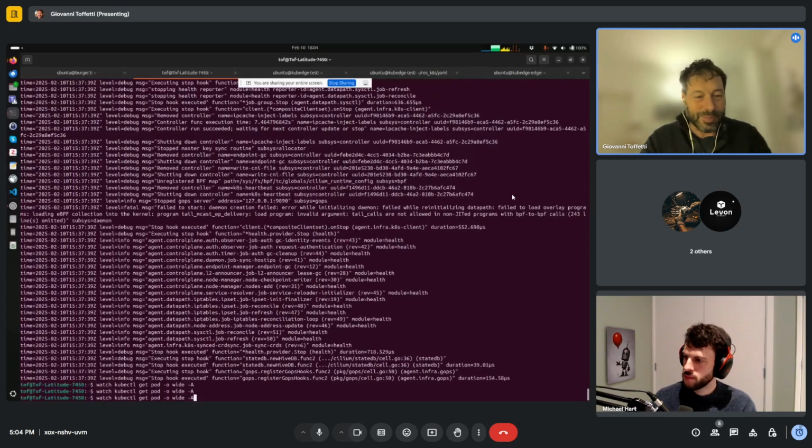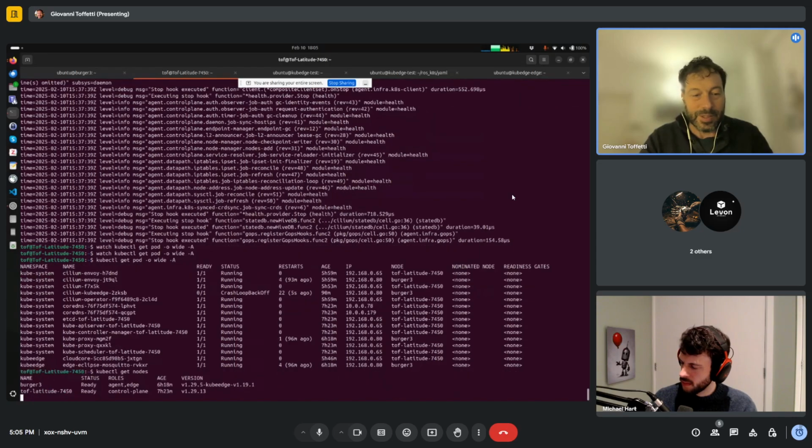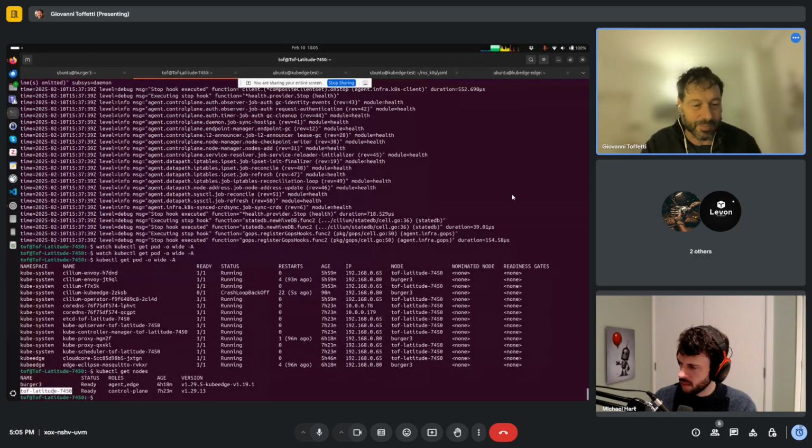Sorry, this is a watch command. I don't want to watch. So no, let's start with the setup. kubectl get nodes. So this is the local setup that you're seeing. This is the current machine I'm using. This is the Burger 3, the robot that I showed before. So these are the two nodes. One is the control plane, one is the agent and edge. And this one is the node I was telling you that I have trouble running on 22.04